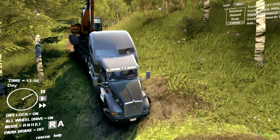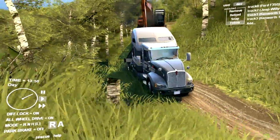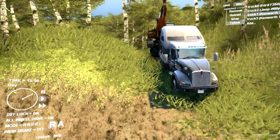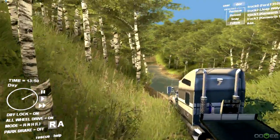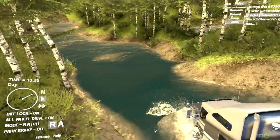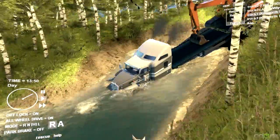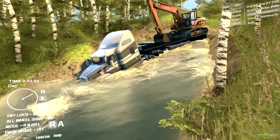Alright, stick it in low for this because I'm a little bit concerned about flipping. Yeah, it's starting to pull the trailer a little bit, but it slid down okay, so we're alright. Alrighty, this part I'm a little scared, I'll admit, but try our hardest and see what happens. Got the immense weight of that trailer pushing us down, so